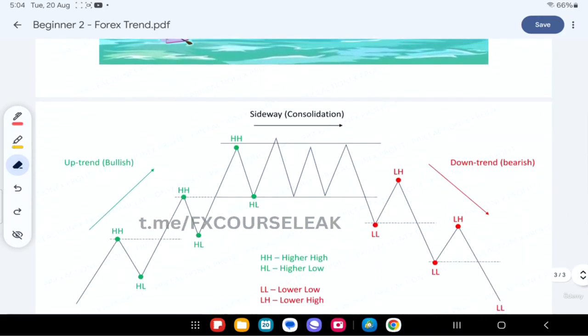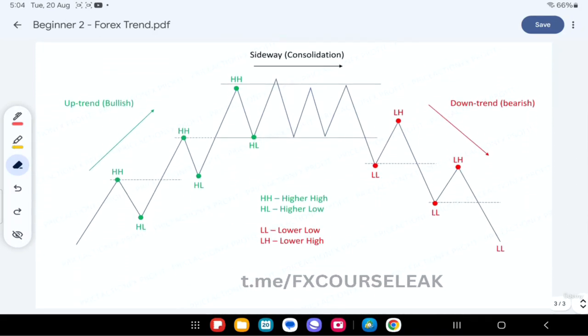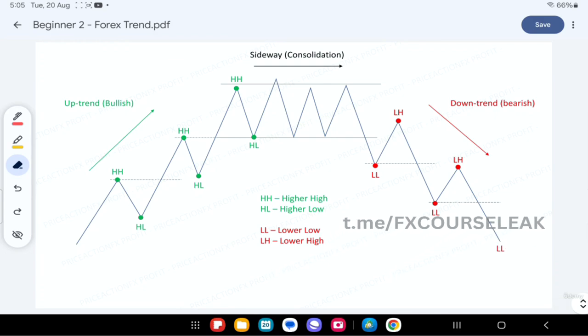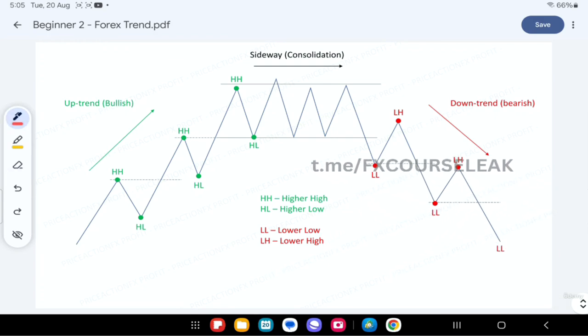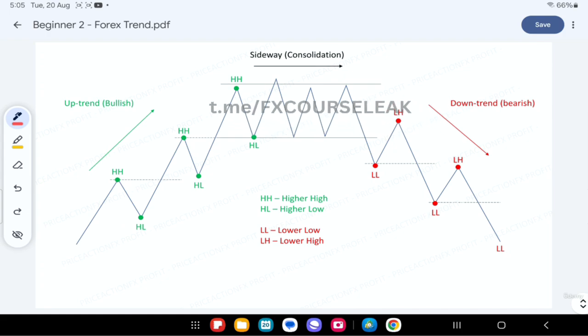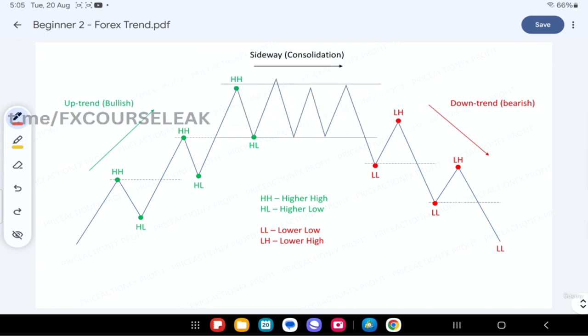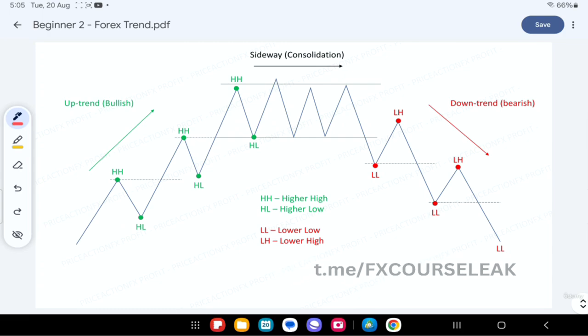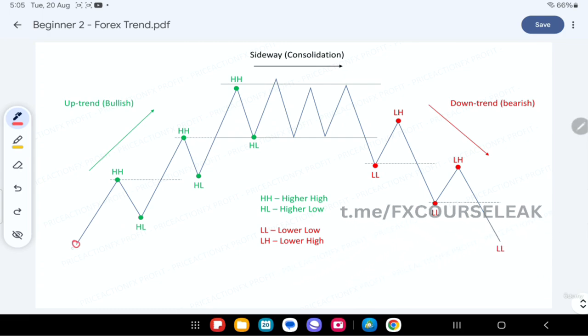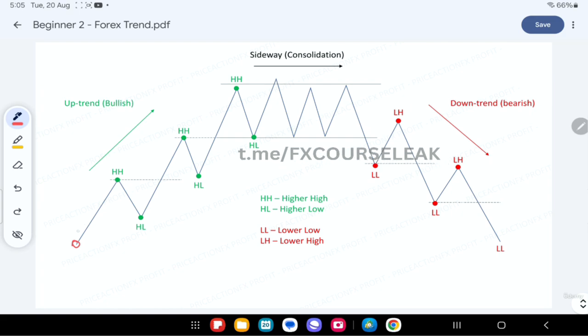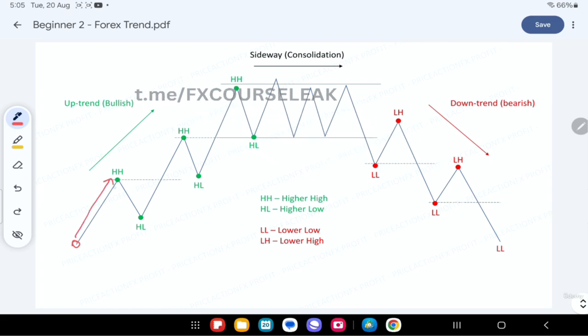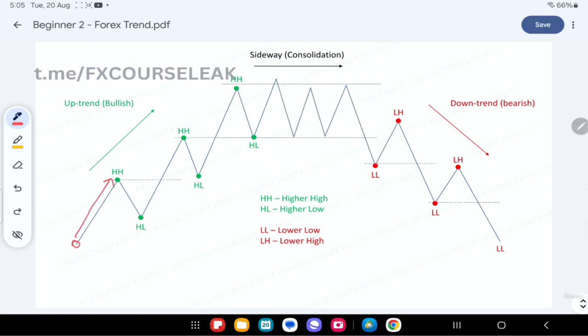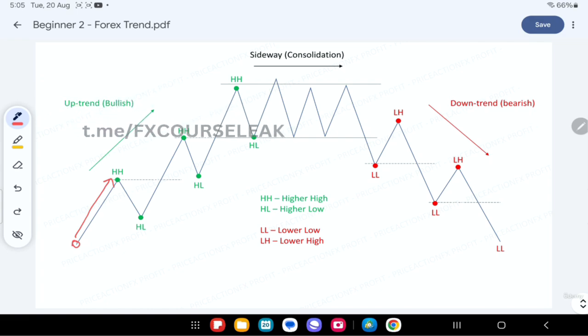Next, let's see what the bullish trend, the sideways and the downtrend look like. Over here, let's talk about the bullish trend first. At the start of a bullish trend, we actually need three waves to form a bullish direction. So how do the three waves go? Starting from here, the first wave goes up, a strong wave going up,